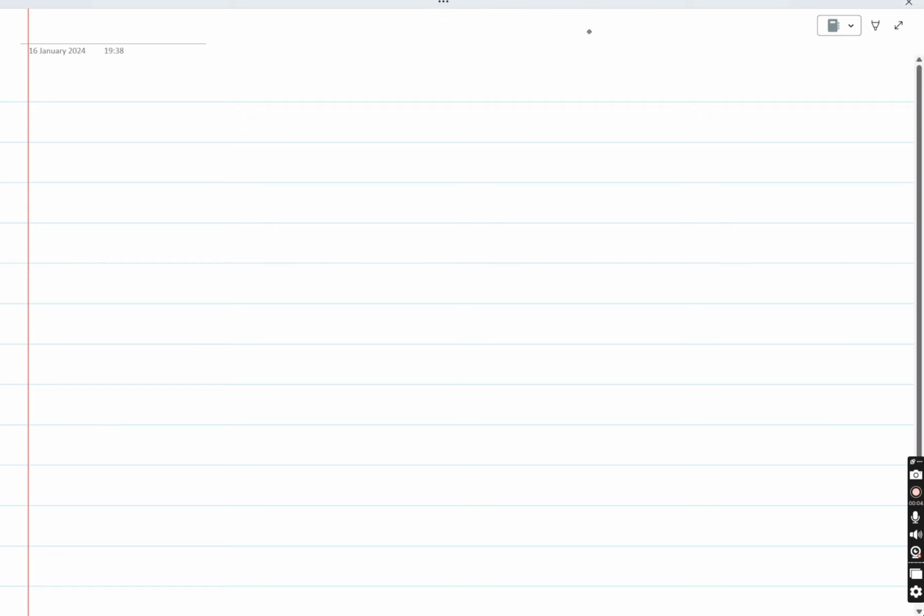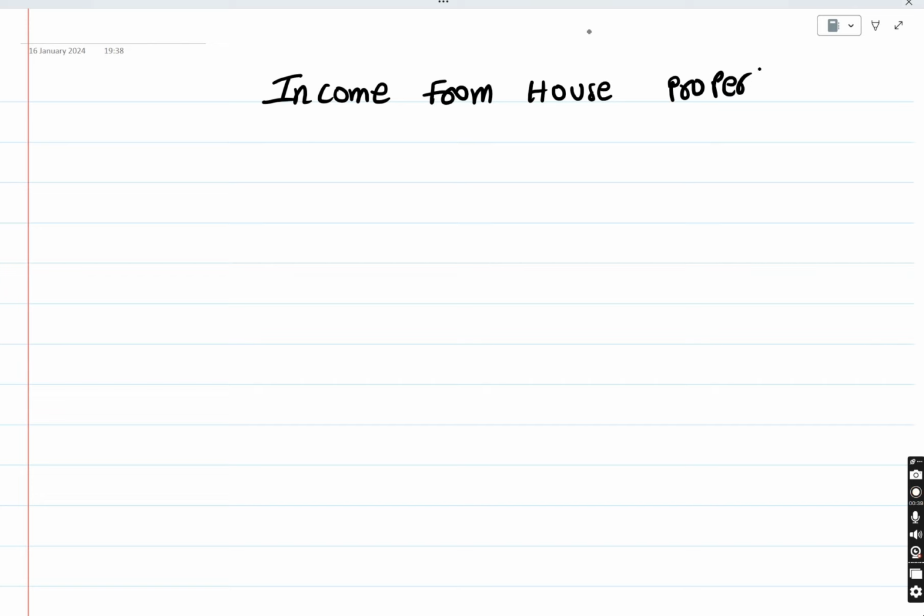So income from house property is one of the heads of income, right? Make sure you write the notes properly, and we will discuss the entire concept and then we'll start doing the problems. In between, if it's required, we'll do one or two problems, but first we'll complete all the core concepts and then we'll do the problems. And make sure, like I told you previously, you cannot learn tax without doing questions. You have to do as many questions as possible. Okay, income from house property.